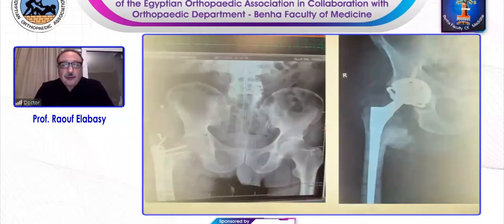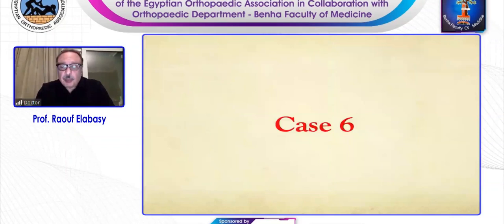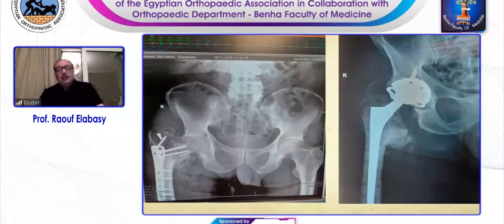Case number 5, still a proximal femoral plate done in a bad way with proximal migration of the femur and non-union of the fracture with about 4 to 5 centimeter shortening. The metal osteotomy was done and the metalwork was removed and the total hip replacement was done. A cementless total hip replacement with a captive cup and the long Wagner stem, and the greater trochanter was sutured to the prosthesis.